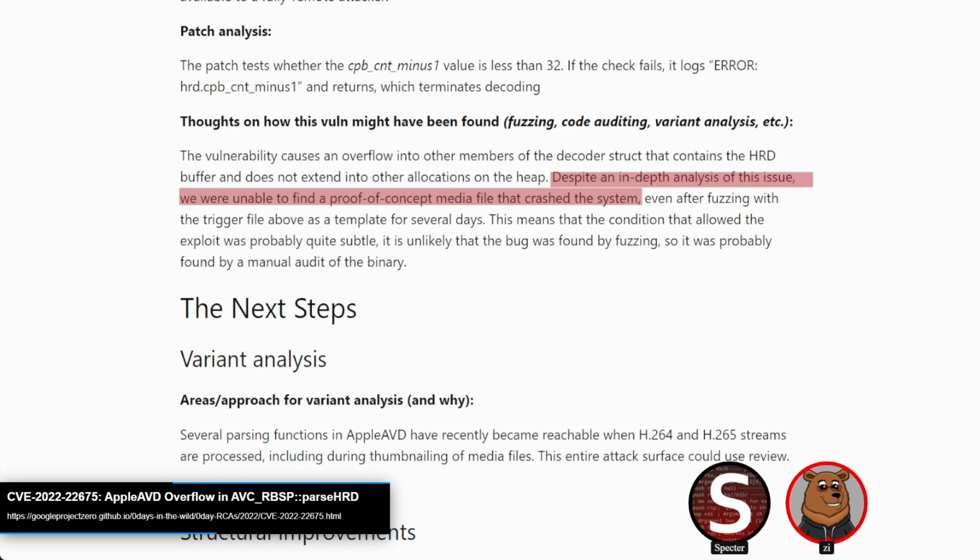That just has such a subtle crash. The fact that the fuzzer couldn't get it over several days is quite surprising. So I don't know if we'll ever get the information on exactly how an exploit worked on this one, but it is another one of those cases where it's a straightforward issue, but probably an interesting exploit. Because if I had to take a guess here, there's almost always multiple layers going on with an exploit, but